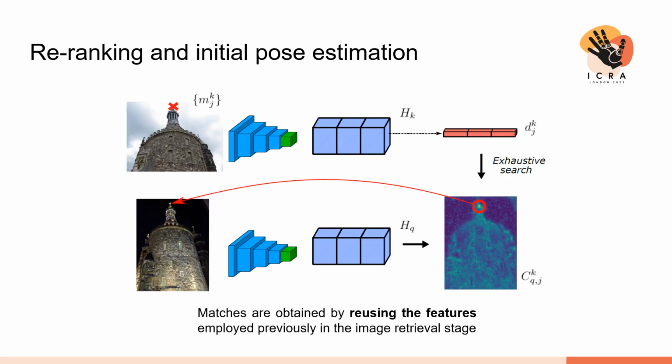The sparse to dense matching works in this way. For an image pair composed of a query and a reference, we reproject all the 3D points observed by the reference image, obtaining a set of 2D reprojections. The hypercolumn, which is a set of dense features obtained from intermediate layers of the network, is evaluated at each of the 2D reprojections, obtaining a single descriptor for each of the points. This descriptor is exhaustively searched within the hypercolumn from the query image, obtaining a single match for every point.